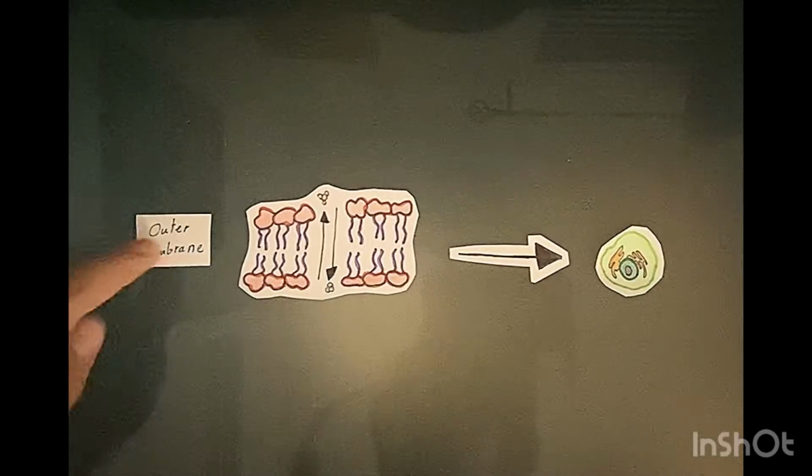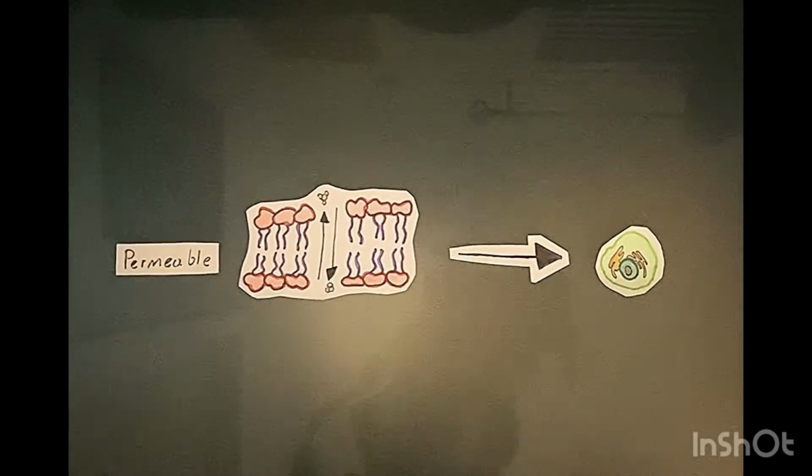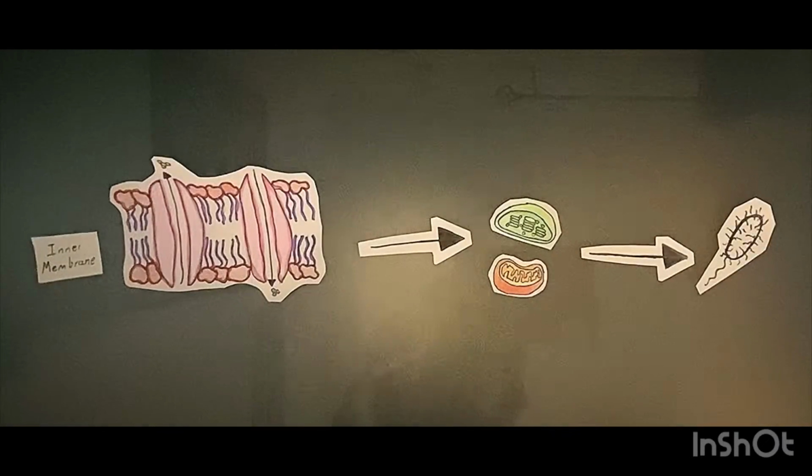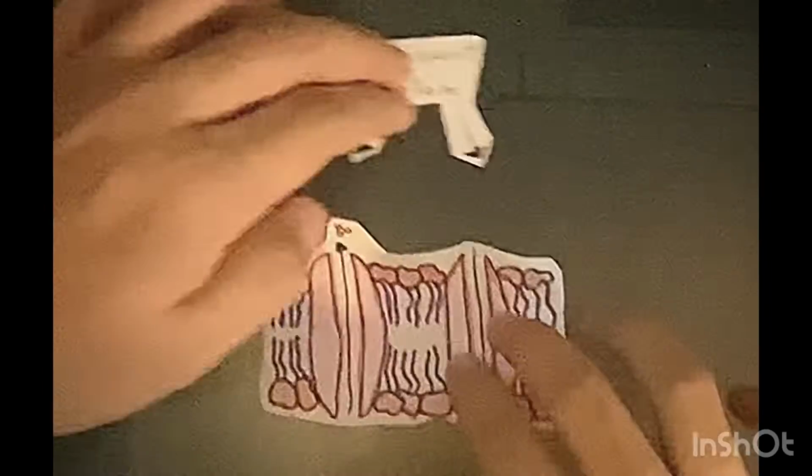The outer membrane comes from the plasma membrane of the host eukaryotic cell. It is also permeable, which allows for the exchange of nutrients and materials between the host cell and the mitochondria and/or chloroplast. The inner membrane is from the mitochondria and chloroplast's previous stage as a prokaryote, and is less permeable than the outer membrane. It has specific transport proteins that help carry out specific functions for the mitochondria and chloroplast.